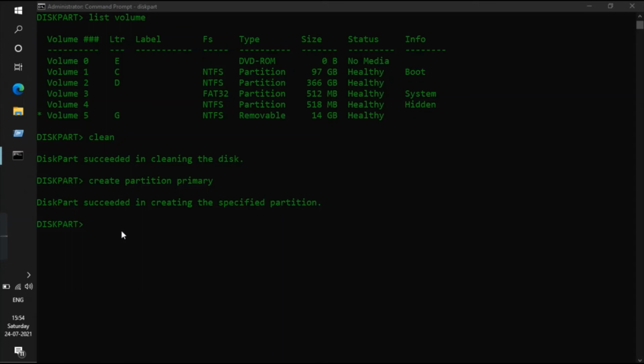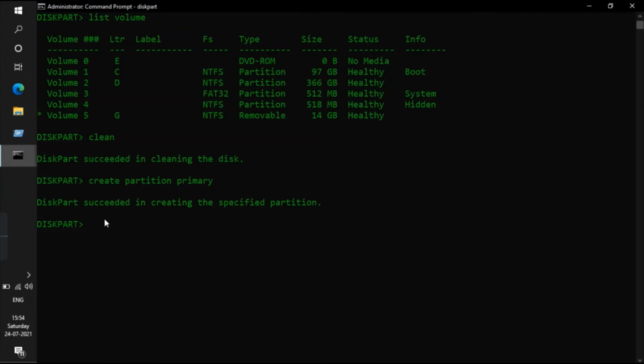You need to type now format fs=ntfs quick. So this one is the file format NTFS, and quick is for formatting the pen drive.